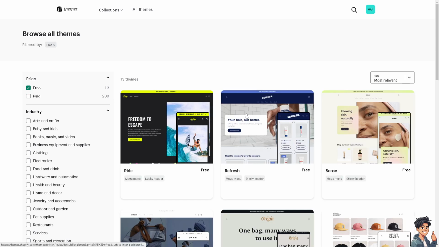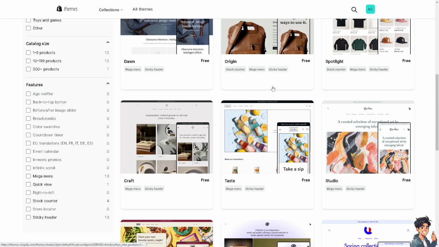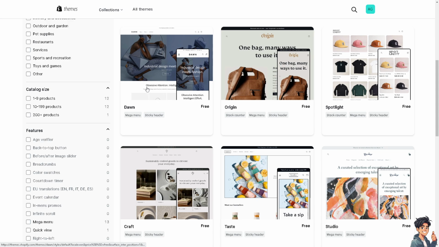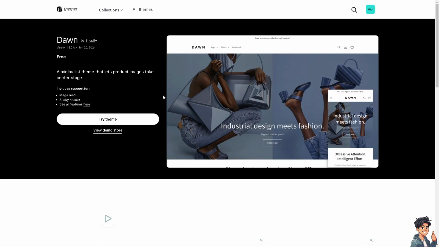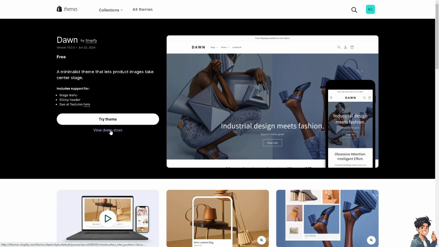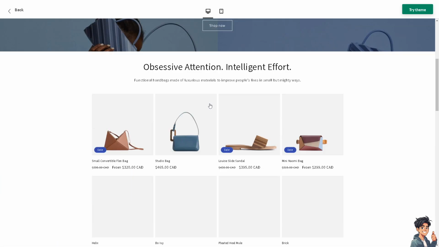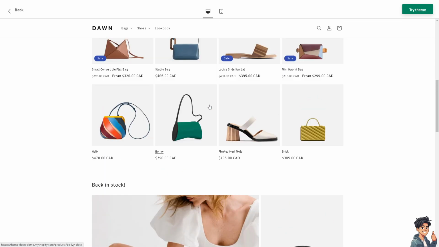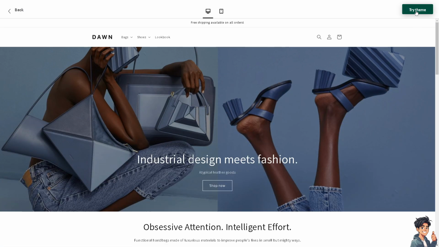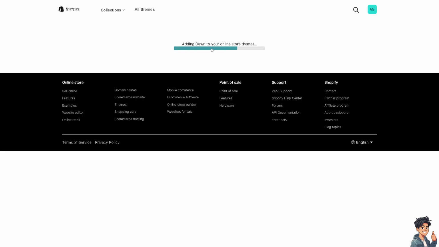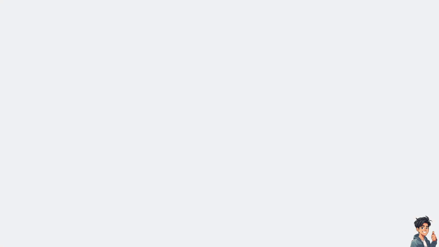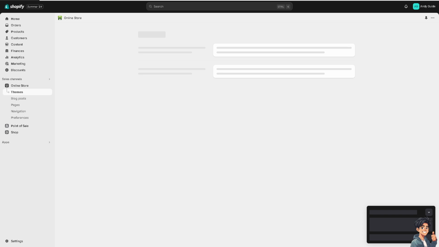All right, so you would be given here a lot of themes that you wanted. Of course, this is the Dawn. It's free, it's easy to use, and it's straightforward. Obviously, you can view the demo store if you wanted to get a grasp of the themes that you would be putting on your online store. You can try a theme right here on the upper right corner, adding down to your online store themes. All right, just wait for it because we need to add more codes so that we can use the frequently